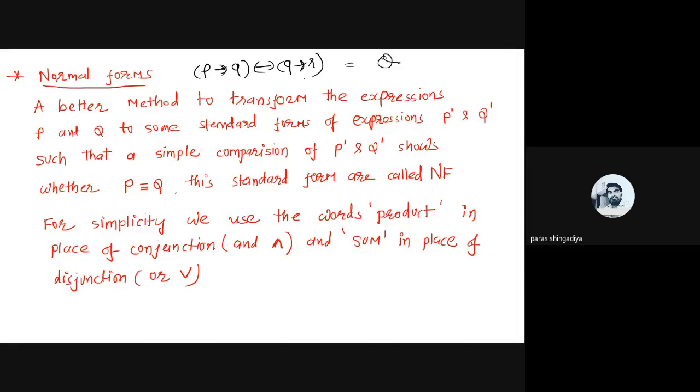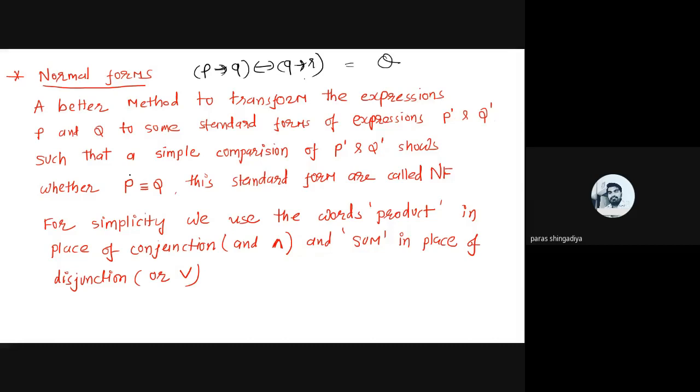And that's the derived form without using the conditional operator. By applying such rules, such laws, and so on, we get one form without the conditional operator. After applying such rules and laws, we get another form, and this form is known as a normal form, in comparison to this one. So there is a better method to transform the expressions p and q to some standard form of